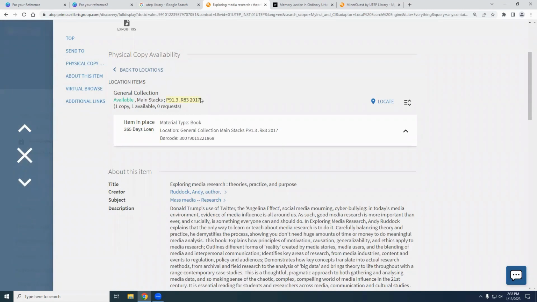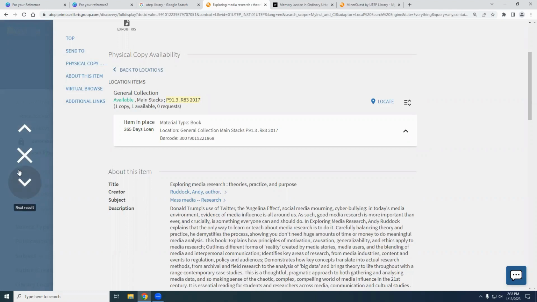Call number, I'm sure as graduate students you may have heard this before, is basically the address to the book's location on the shelf. So that tells you where it is. Our collection is organized first alphabetically and then numerically. If you ever have trouble finding a book by call number, you can just let us know at the desk. We can help you find it.